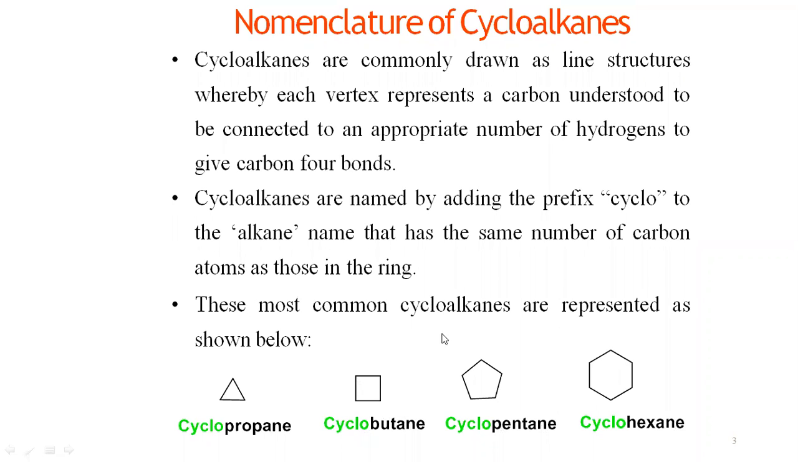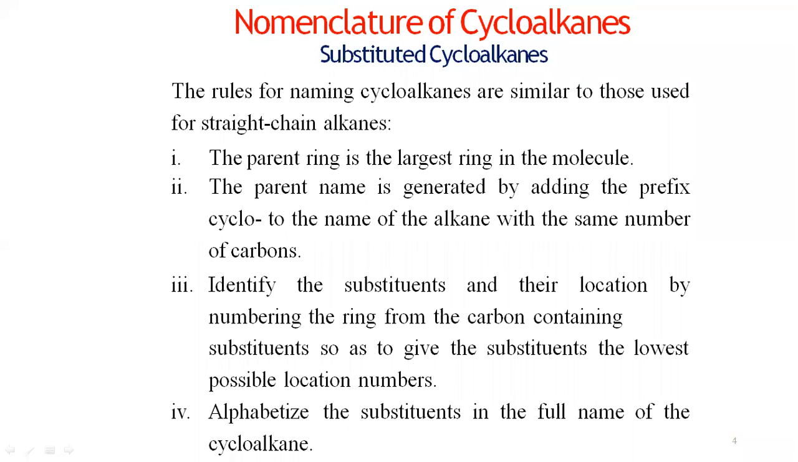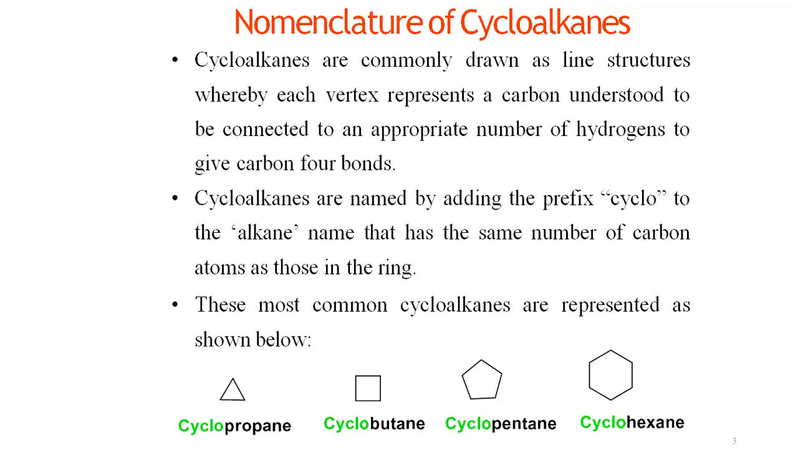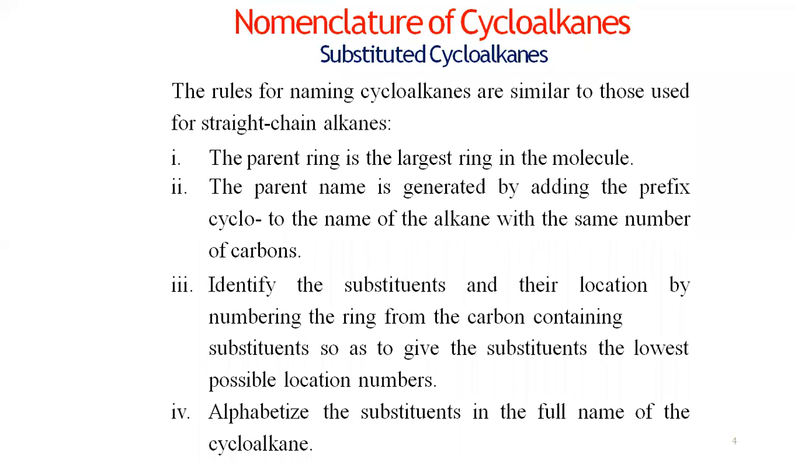These most common cycloalkanes are represented as below. In this manner, we represent the cycloalkane molecules. Now, this is the nomenclature of unsubstituted cycloalkanes. So we can name them in this manner: cyclopropane, cyclobutane, cyclopentane, and cyclohexane. But if cycloalkanes are substituted,